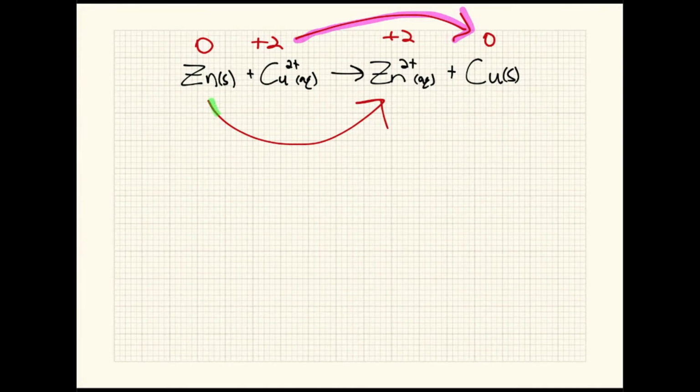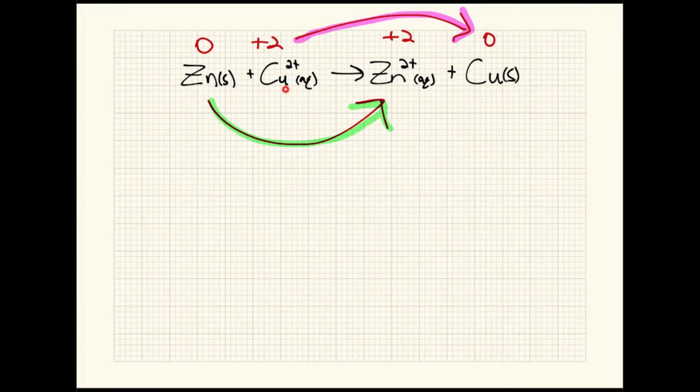Likewise, oxidation is the opposite, right? So it's the conjugate pair, if you will, to the reduction process. Every reduction comes with an oxidation, and again, oxidation is when we increase our oxidation number. And so we can see that zinc has been oxidized, copper 2+ has been reduced, and likewise we could say